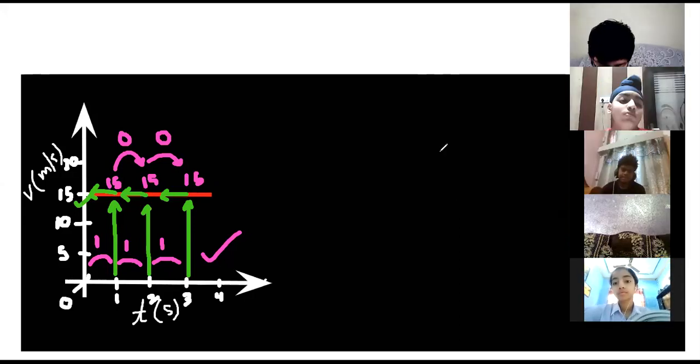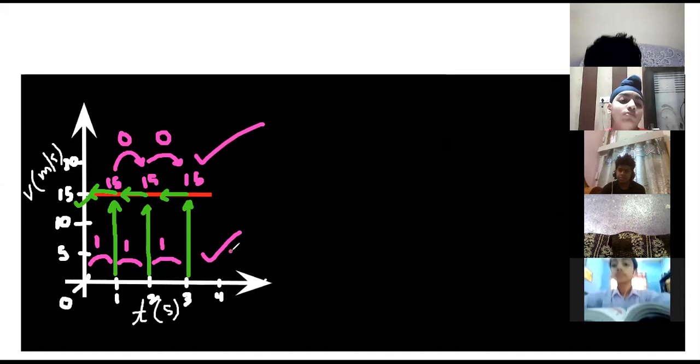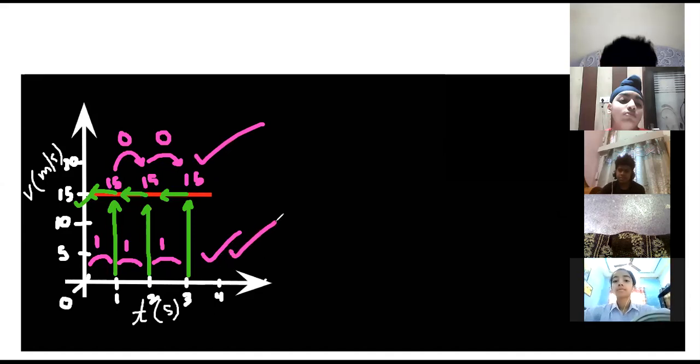Yes. So we can say that this is the uniform motion because equal variation is going on in velocity and equal variation is going on in time. I hope it is understood. If anybody wants to write it down, you can take a minute and note it down. Then we are going to move on with the next one.